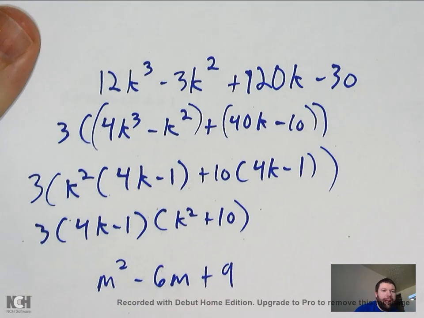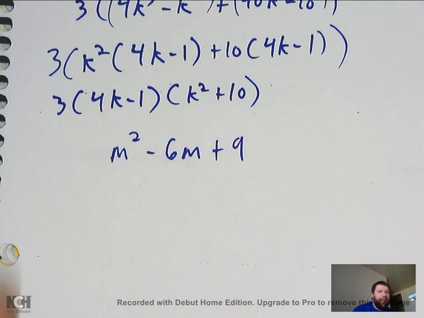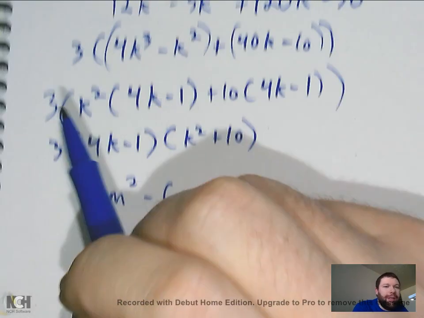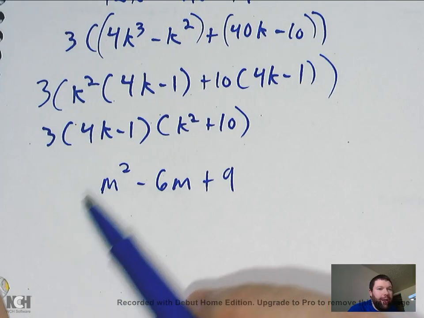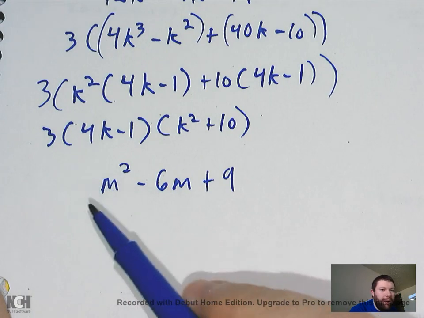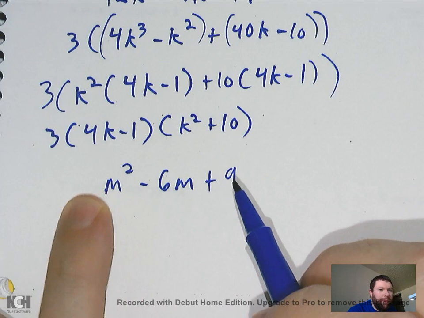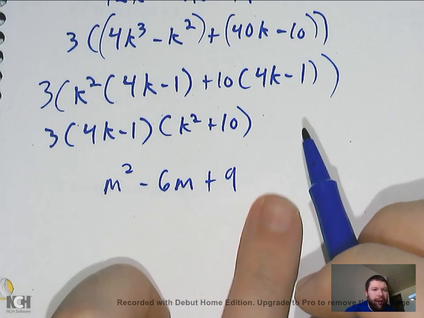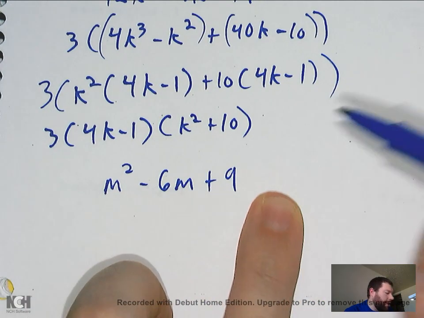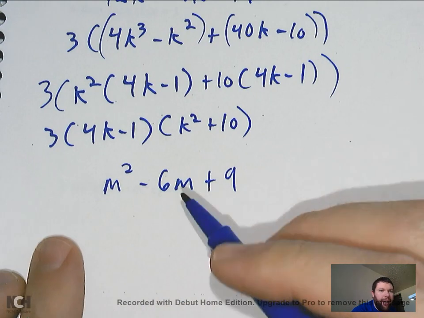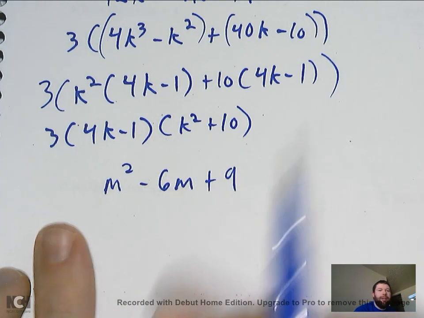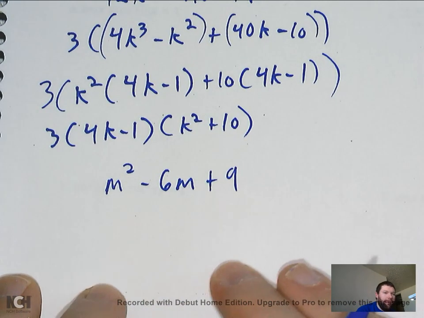Okay. Last one we're going to do is a special case. So again, special cases, I'm looking to see if the number in front is a perfect square, and the last number is a perfect square. So this one, the number in front is 1. 1 is a perfect square. Last number is 9. 9 is a perfect square. Squares down to 3. It has this middle term, so that tells me it's going to be the one binomial